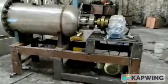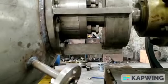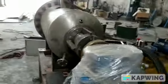And this one is a stand, and this one is rotating arrangement of sterilizing the chamber. You can see it, this autoclave, and